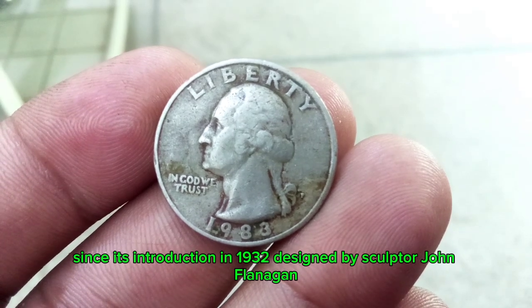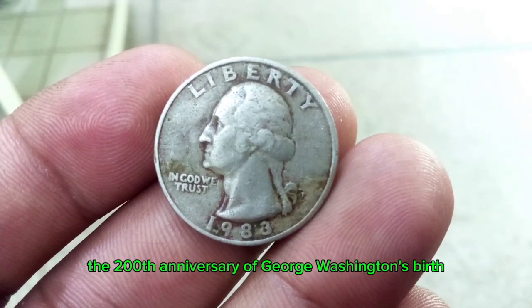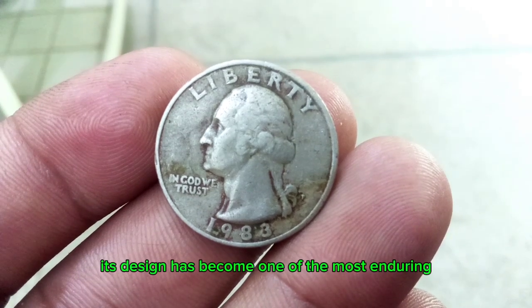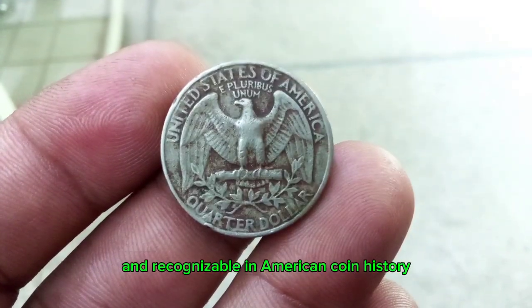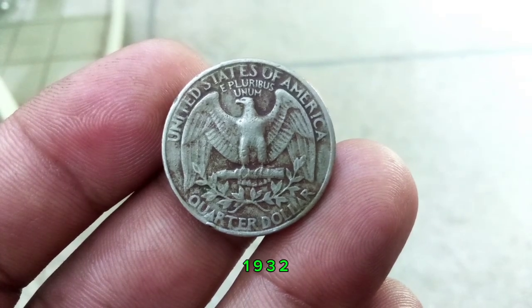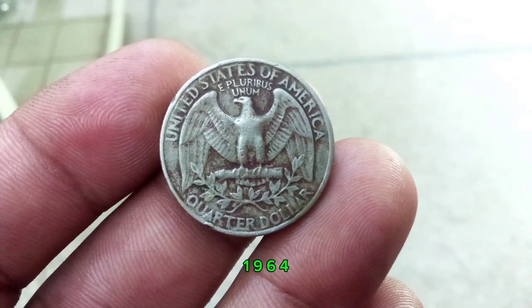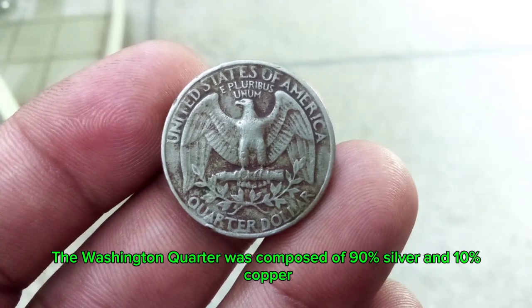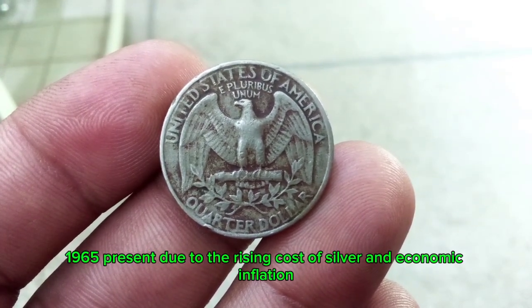Designed by sculptor John Flanagan, the quarter was created to honor the 200th anniversary of George Washington's birth. Its design has become one of the most enduring and recognizable in American coin history. From 1932 to 1964, the Washington quarter was composed of 90% silver and 10% copper. From 1965 to present,